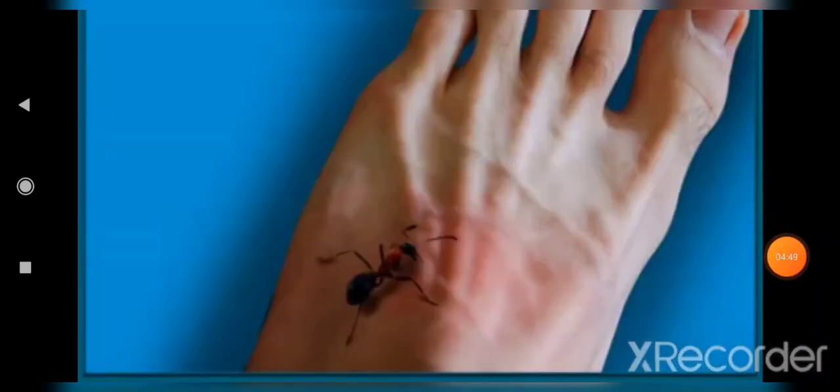Okay, dears. The bee bite produces the acid. Yes, the bee bite produces that formic acid. Okay. Then